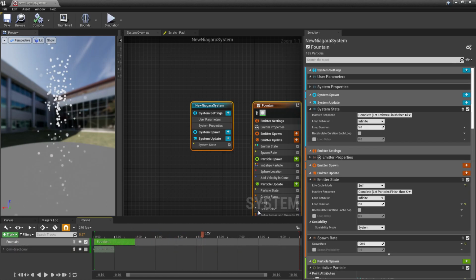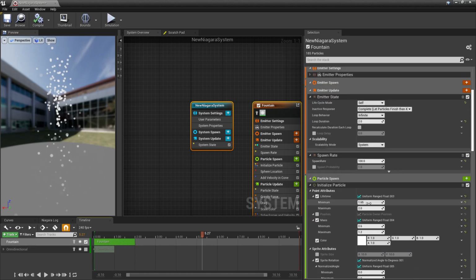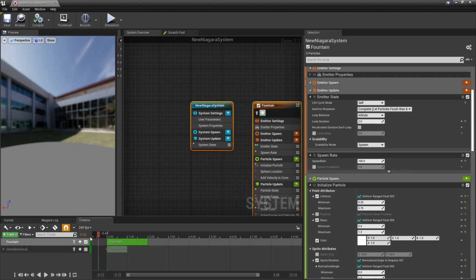Let me just reduce the life of this. It is about 1.65. Let's make it like 0.25, and the maximum life, let's make it 0.75. So now this system has a lesser life, and see that the particles just die.